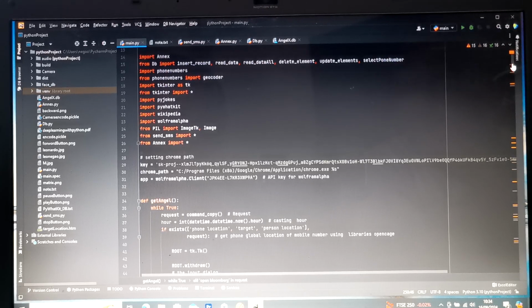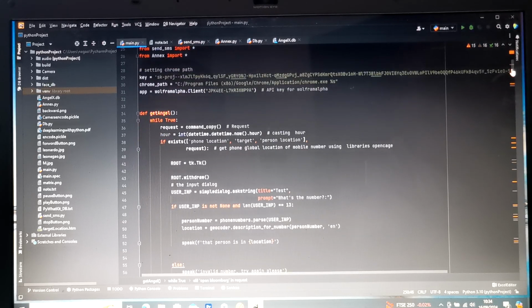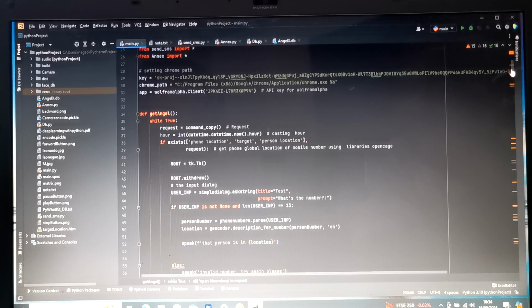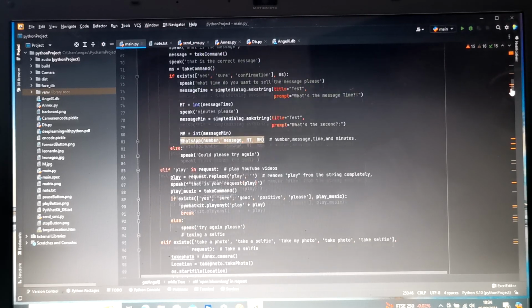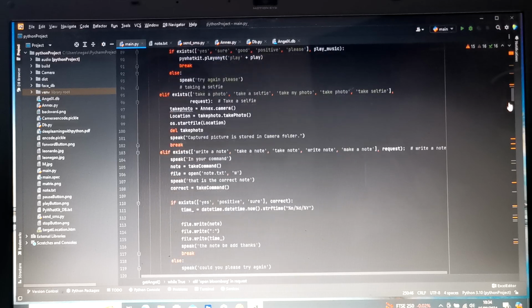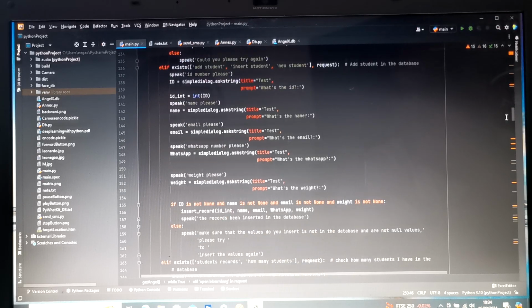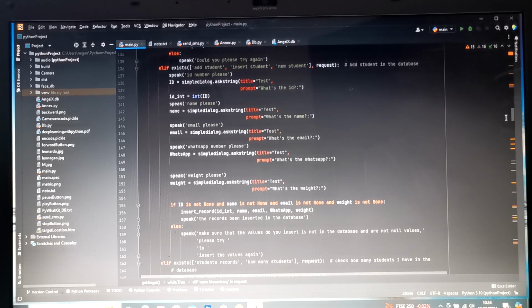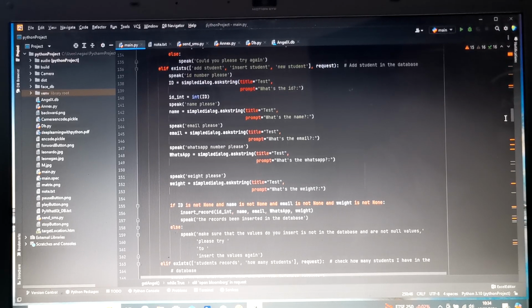Okay, so down here is the get angel. That's something like a function where it has all the if statements for the queries of the users. All the way down. So all the queries about database, all the commands for the user to see, record, insert, delete